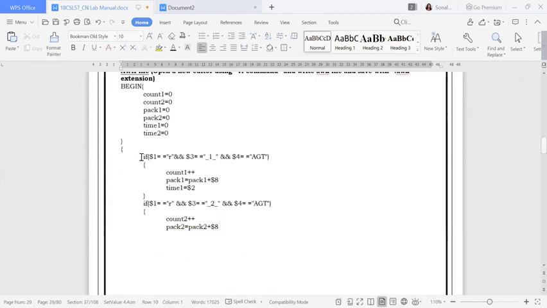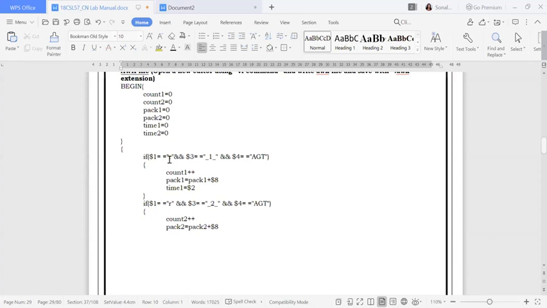So what is happening here? This is my condition. What is the condition? $1: we have 12 fields, and the first field is my event type.